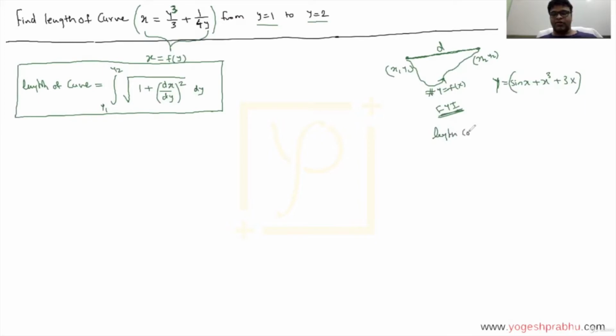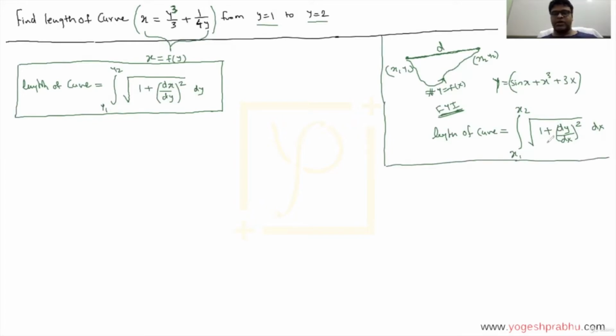So the length of the curve will be exactly the other way around of this formula. It is going to be from x1 to x2, the limits will be for x. Then, instead of dx by dy, in this case it will be dy by dx, still a whole square, and there'll be a dx outside because it's an integration of x, whereas in our case it is integration of y. I hope you get that point. This is just for your information, that's not what we are solving right now. For the question given to us, we can use the earlier formula and solve.